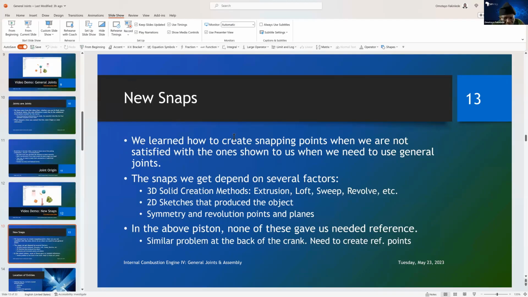We learned how to create snapping points when we are not satisfied with the ones shown to us. We did 2 examples of that in that video, when we need to use general joints. And you can see general joints places the thing in the final position as well as making the kinematic relationships. The snaps we get depend on several factors: the 3D solid creation method, extrusion, loft, sweep, revolve, etc.,